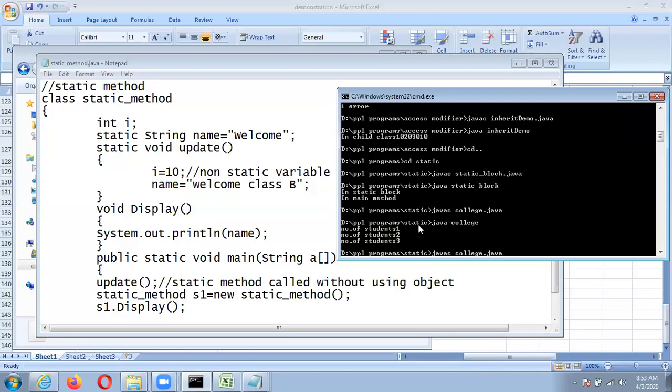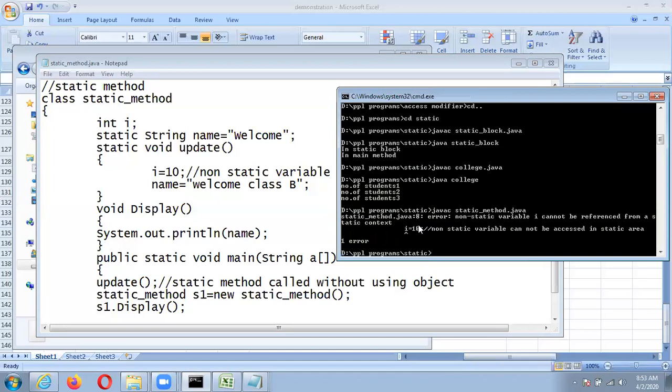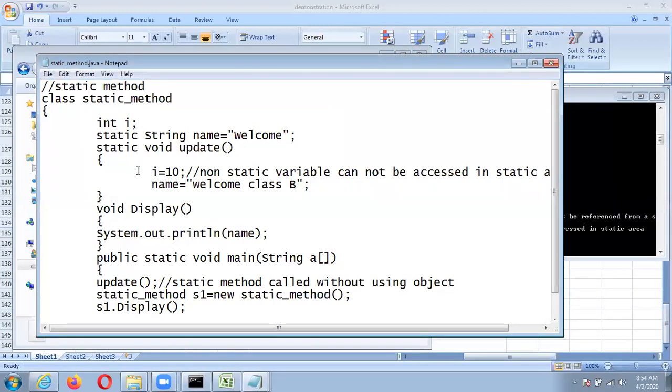What is the name? That is a static method. Yes, i is a non-static variable. i cannot be referenced from a static context. That is, we can't access this i, because it is a non-static data member, so we can't access it in a static method.